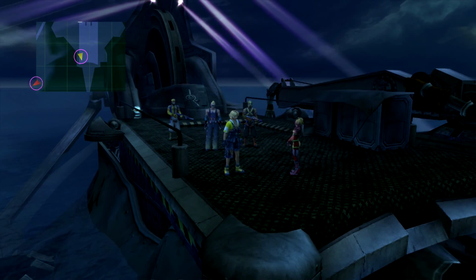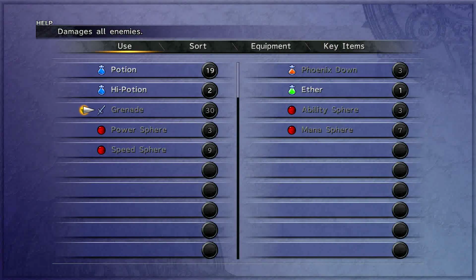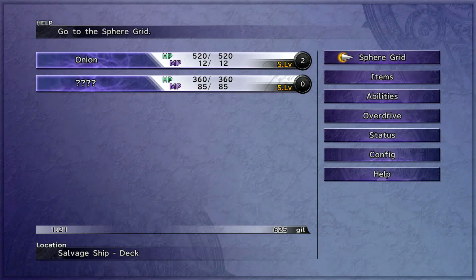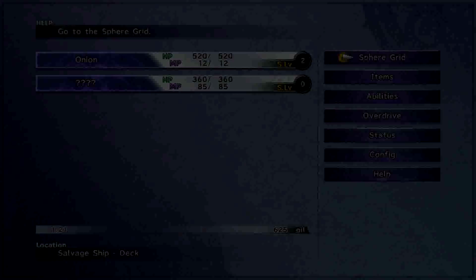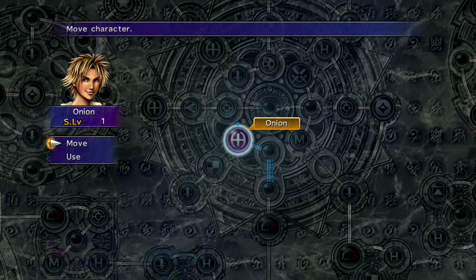Right, well, I'm back on the boat now, and as you can see, I've gained a few items, mostly grenades. Yeah, so they drop power spheres, mana spheres, speed spheres. They also drop ability spheres, which is quite handy, because there's usually a shortage of them early game, if I recall. So automatically sort them. And I've gone up 2 sphere levels, so I'll go to the sphere grid and I